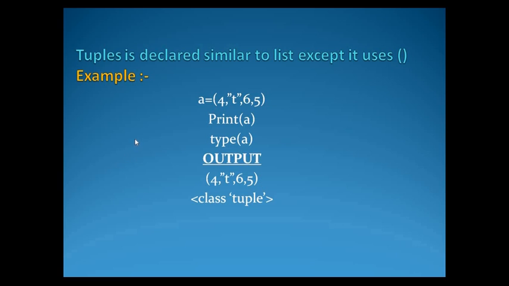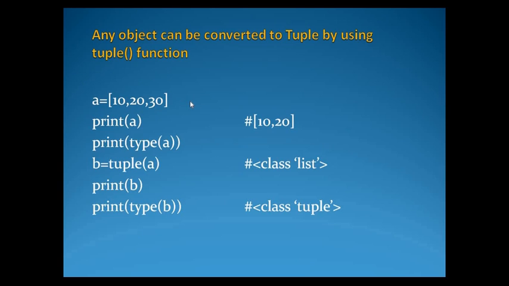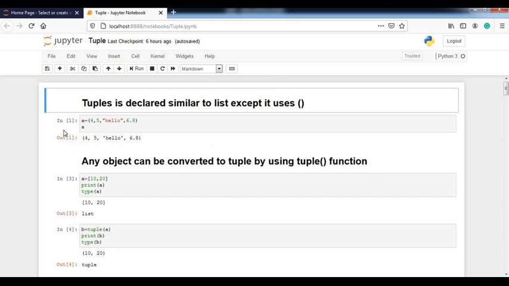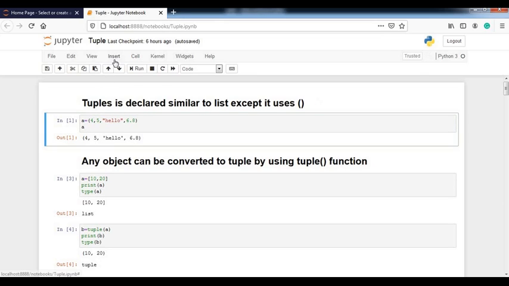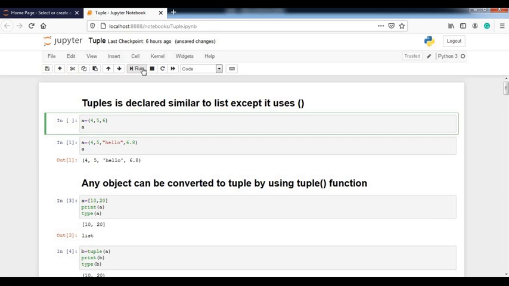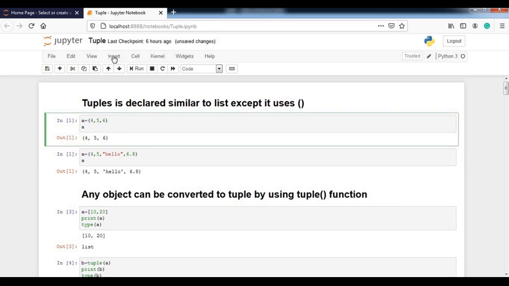See, here's an example. It is similar to a list, just a difference is that in a list we use square brackets, but in a tuple we use parentheses. Okay, so in all further sessions I'll show you through the practical portion like this. First of all, I have taken an example of assigning a value. Let me show you a simple example. If you have simple values like 4, 5 and 6, and if you print it, simply run it, it results in 4, 5, 6.